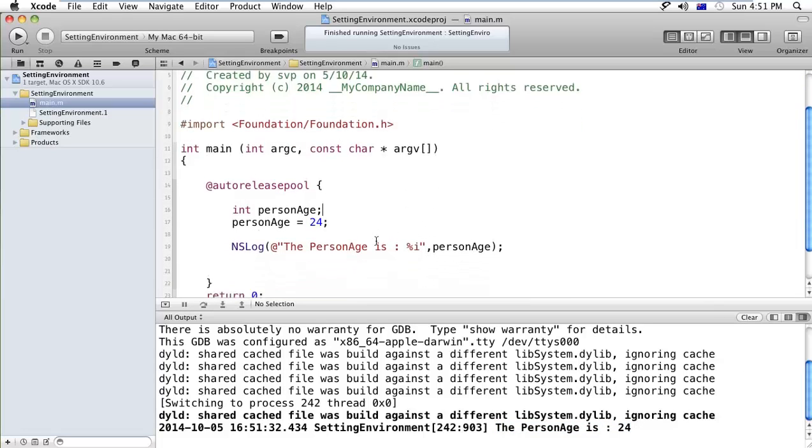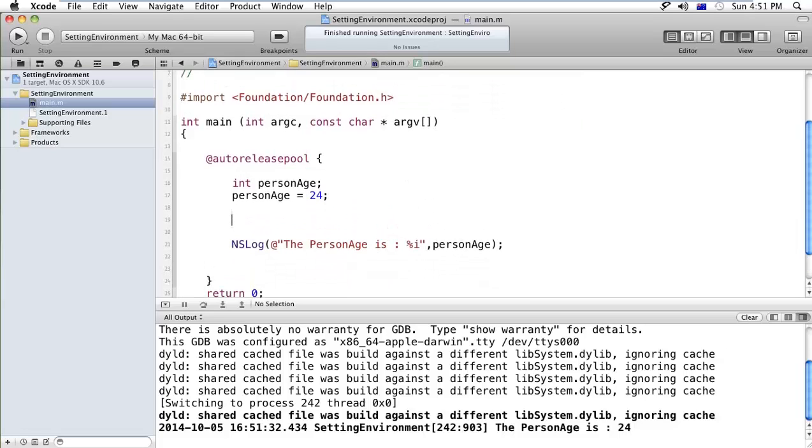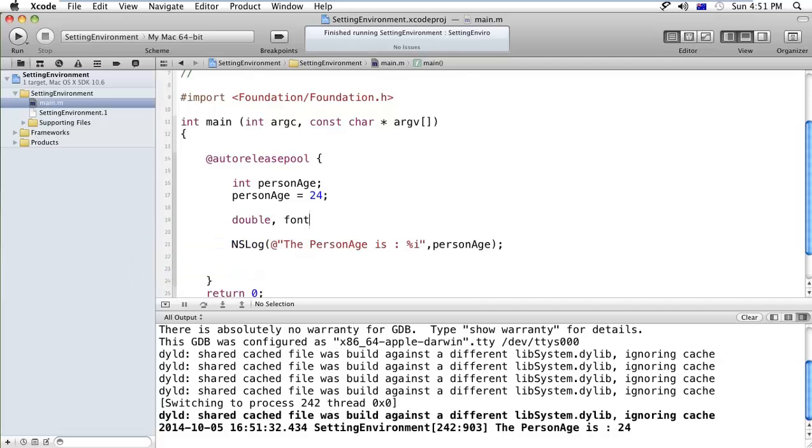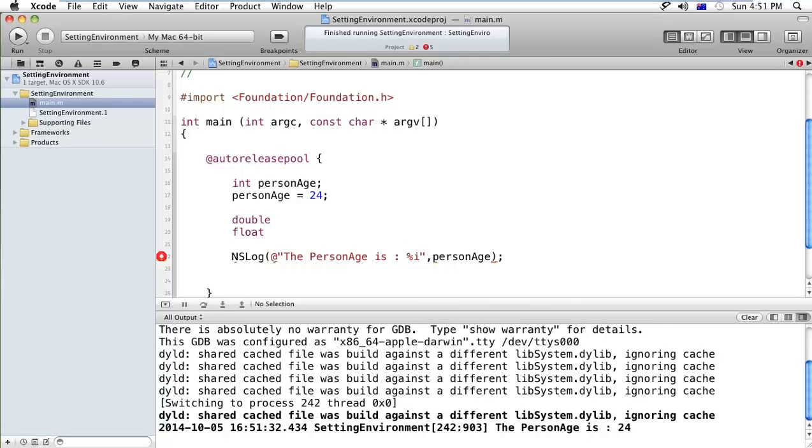After that you can also use the double data type. In the same way you can also use float, and the same way for a char: ch equals c.